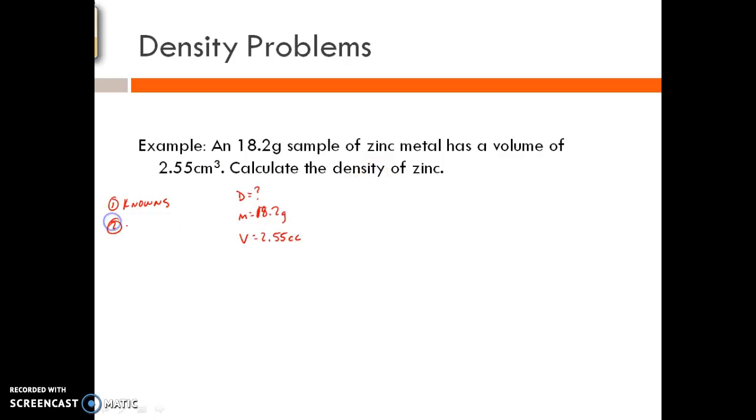Next, I'm going to write my equation. So my equation for density is D equals M over V. I'm solving for density. So now I can just plug in my numbers and calculate, or plug and chug. So I've got 18.2 grams divided by 2.55 cubic centimeters, and when I do that math, I get